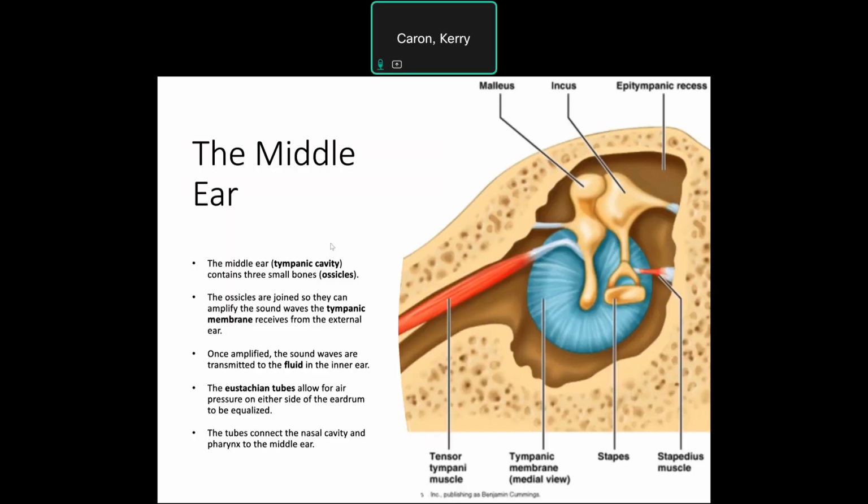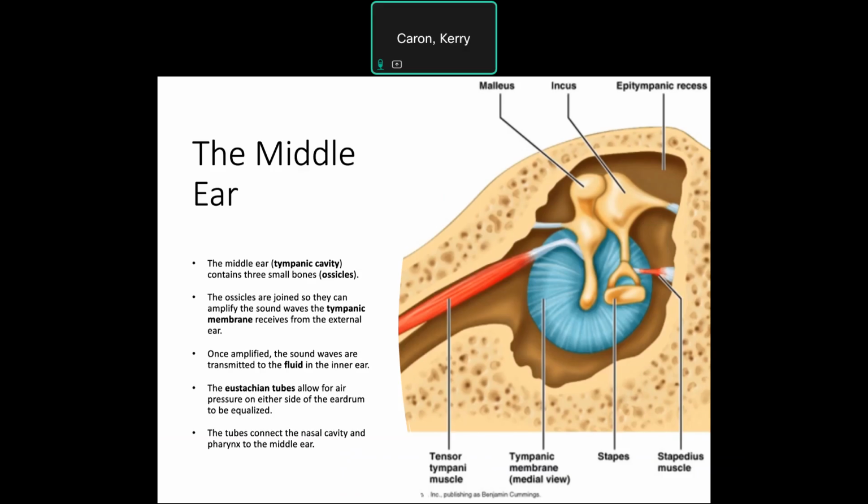The middle ear is also known as the tympanic cavity. We have those 3 little bones I mentioned before, also called ossicles. The ossicles are joined and they amplify the sound. The tympanic membrane receives the sound, and these tiny bones amplify it. Once amplified, the sound waves are transmitted to the inner ear and make vibrations in the fluid in